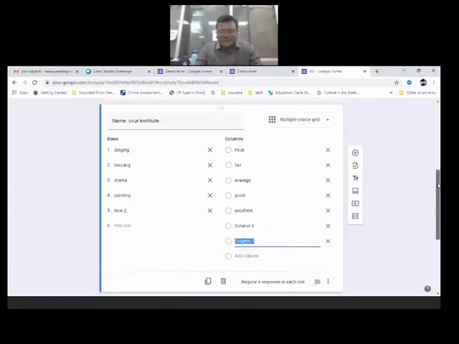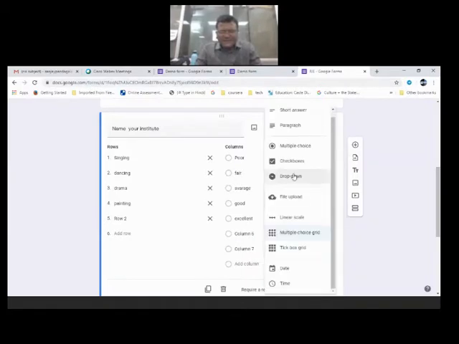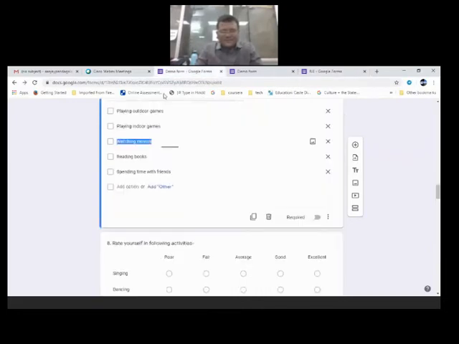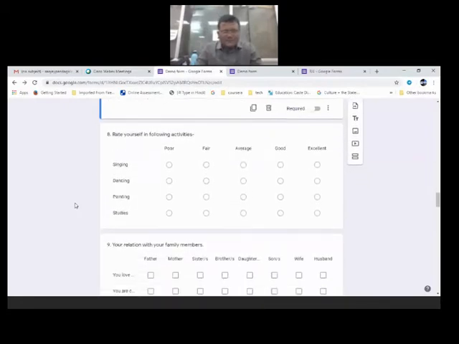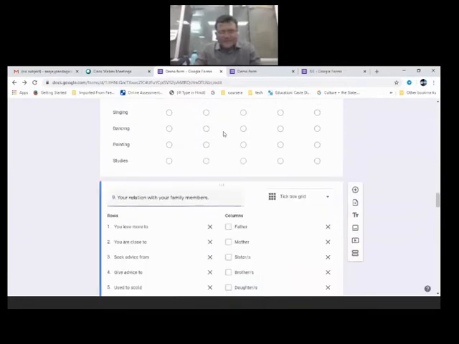That's why for this kind of question, I will show it from here. I have taken this option for that. Which one? Tick box grid. For this question I have used the tick box grid.